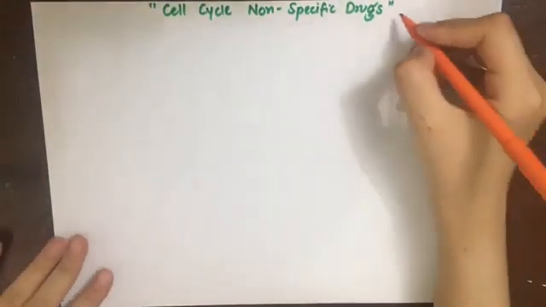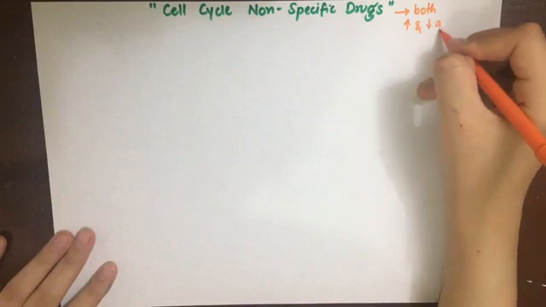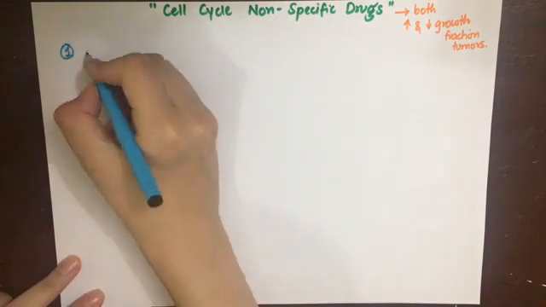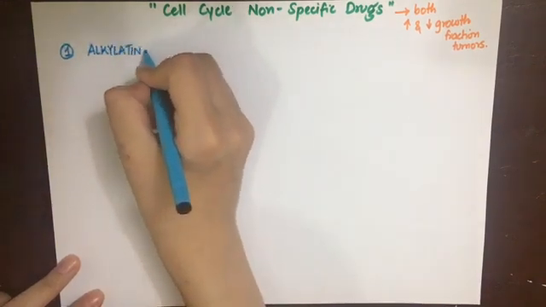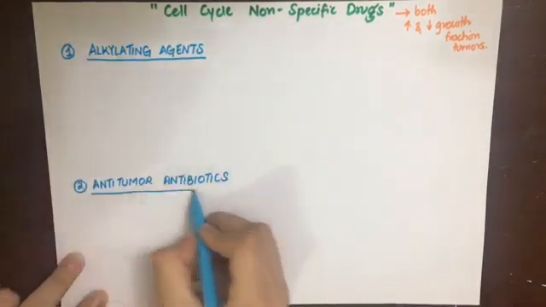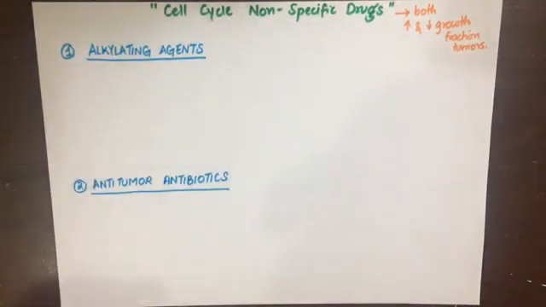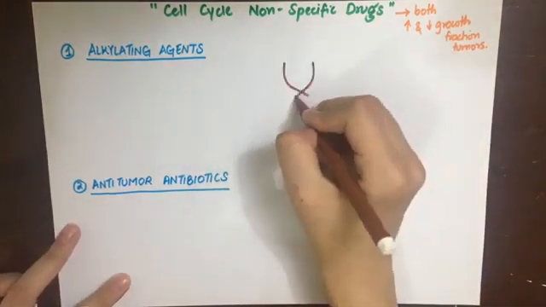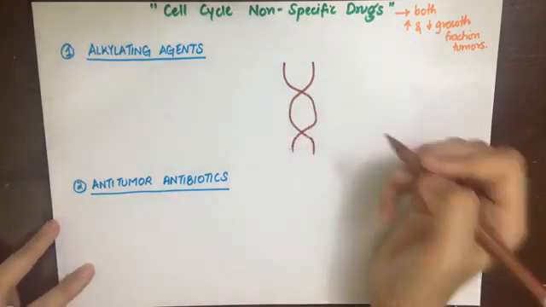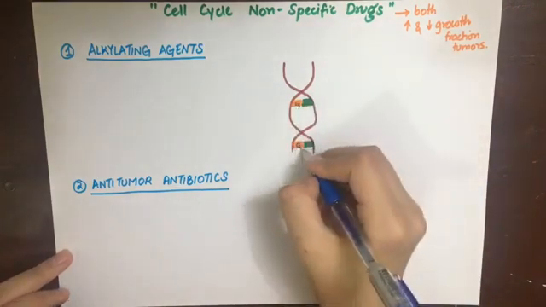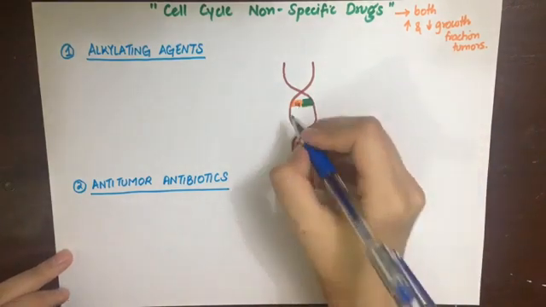While the non-specific cell cycle anti-cancer drugs can act on both types of tumors, that is with high and low growth fraction. The non-cell specific anti-cancer drugs include alkylating agents and anti-tumor antibiotics. What the alkylating agents do is, we know that DNA has two strands and they bind opposite base pairs. What the alkylating agents do is they bind two guanine bases and will lead to the formation of crosslinks, which